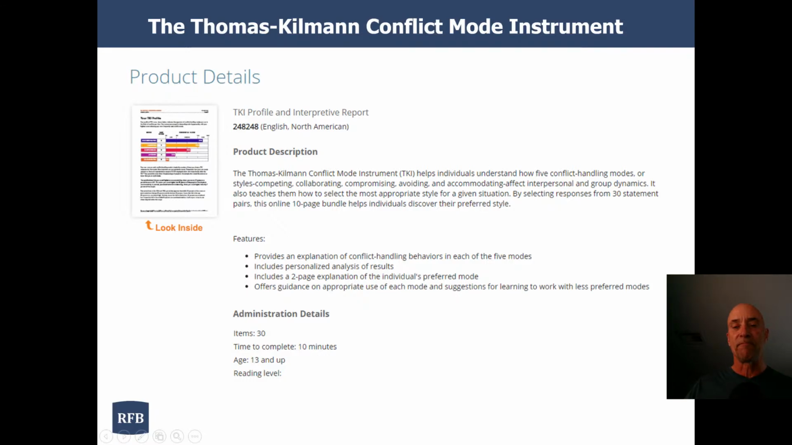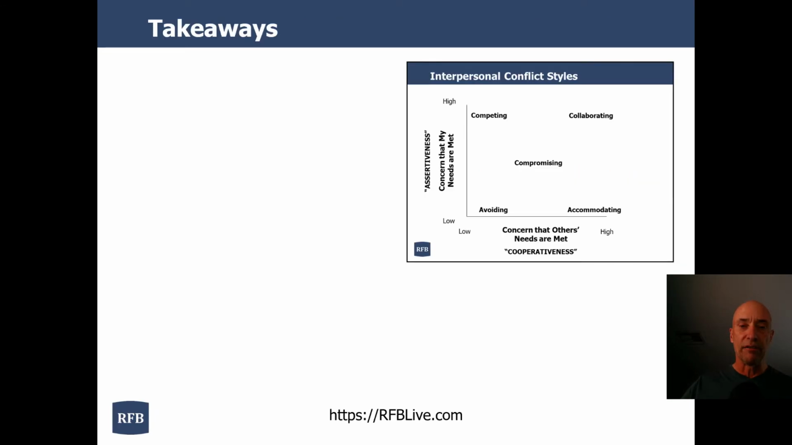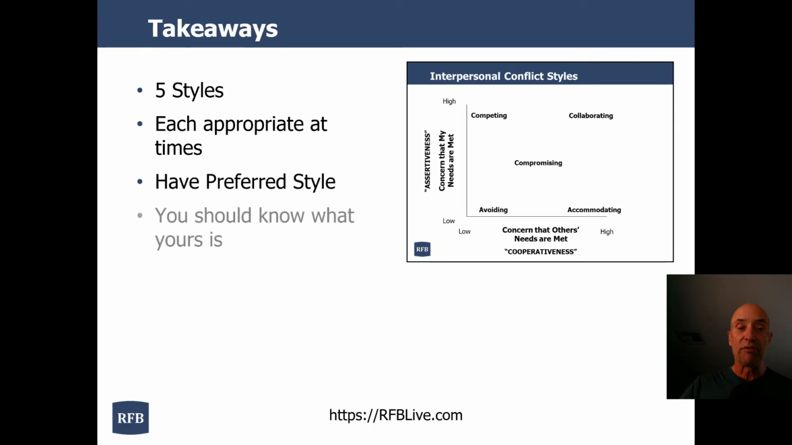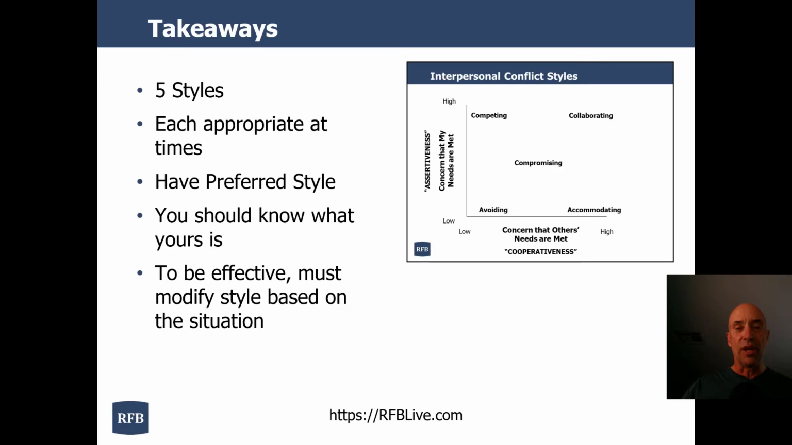Now, what are some takeaways that I want you to get from today? Takeaway number one is that there are 5 styles: avoiding, accommodating, competing, compromising, and collaborating. That each of those styles is appropriate at times, that you have your own preferred style and you need to know what that style is so that you can be conscious about your choice of style use and modify